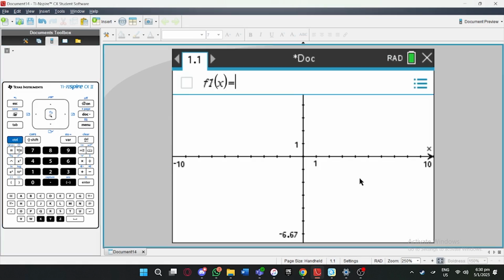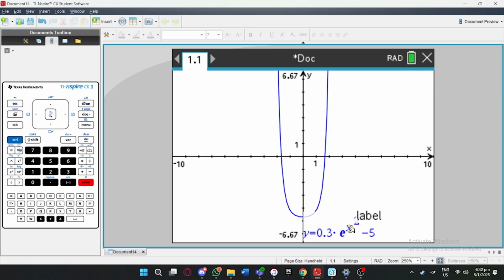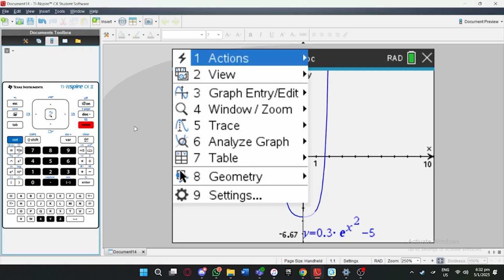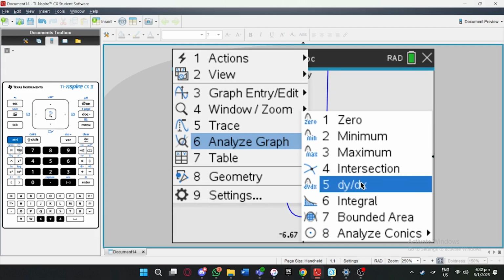The next segment will be all calculus related. If you're not familiar with calculus or have not covered that yet, you can watch my calculus videos first. Calculus is all about finding derivatives and integrals. Let's say I have this graph here, 0.3 e to the power x squared minus 5. To find the gradient at a point, I can come over here to the menu, Analyze Graph, and then click